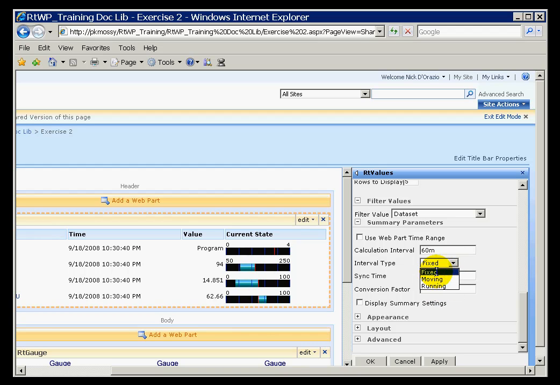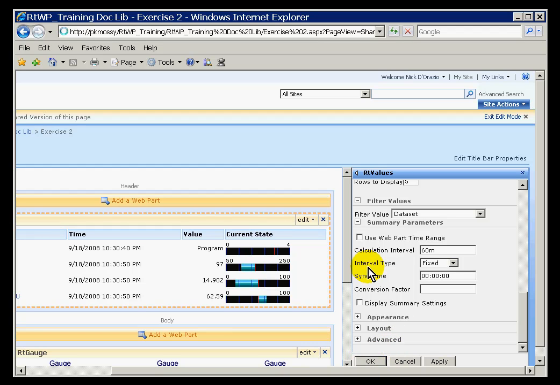But in this case, that means every 60 minutes we're going to see a value representing the most recent 60 minutes, starting and ending on the 0 minutes. So this should be, for example, on the hour. I'll go ahead and say OK. We should see